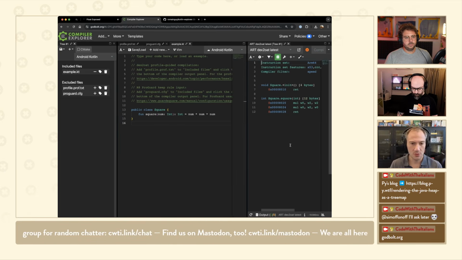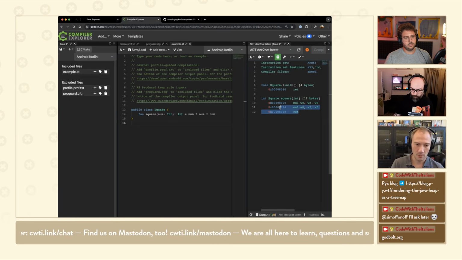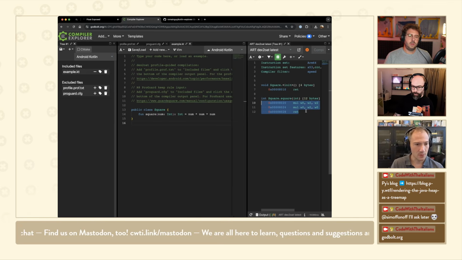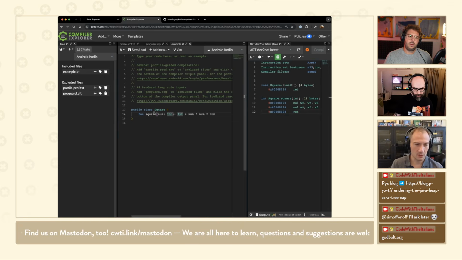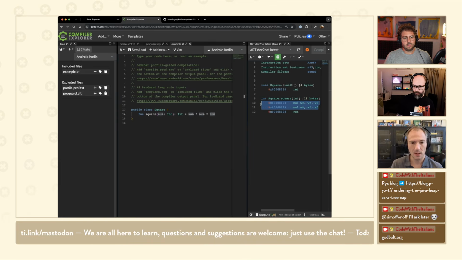I'm not going to go into too much detail, but basically after the JIT or after the AOT, that's the actual machine code that's going to run on your Android device, right? So if we look at the square function, that's now a cube, we're multiplying the parameter by itself twice. And if you look at the assembly code, we see two multiplications, which is exactly what we would expect.